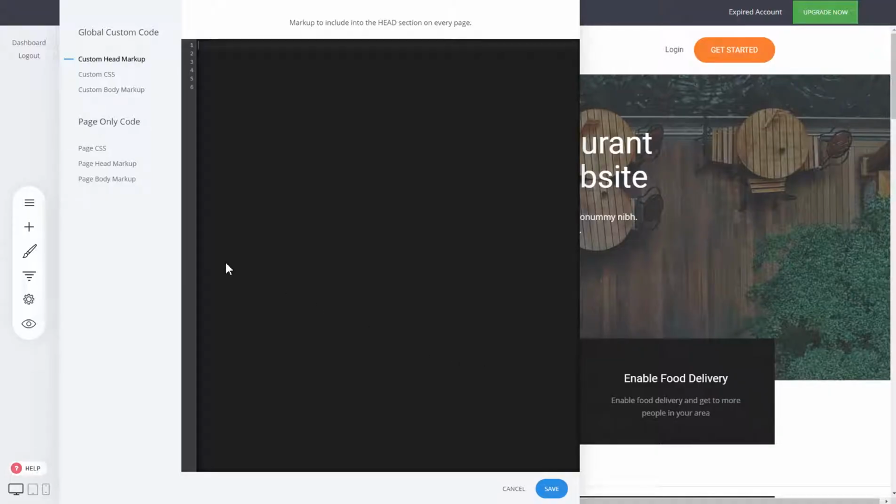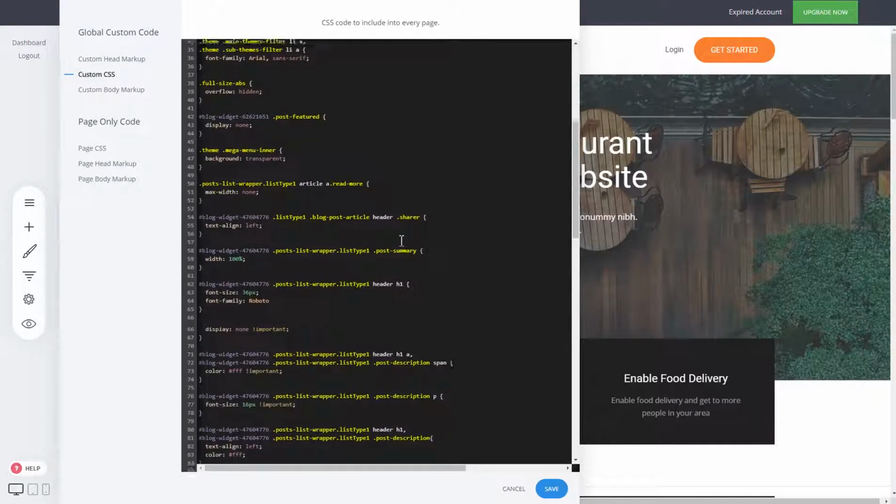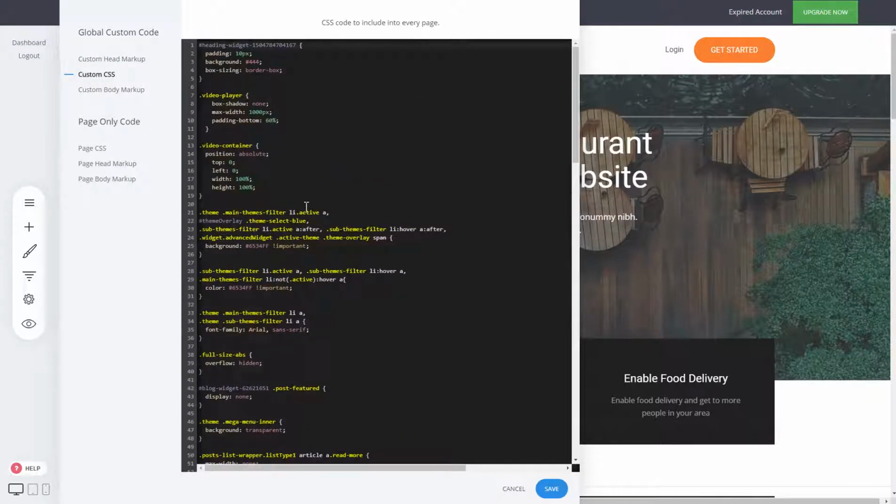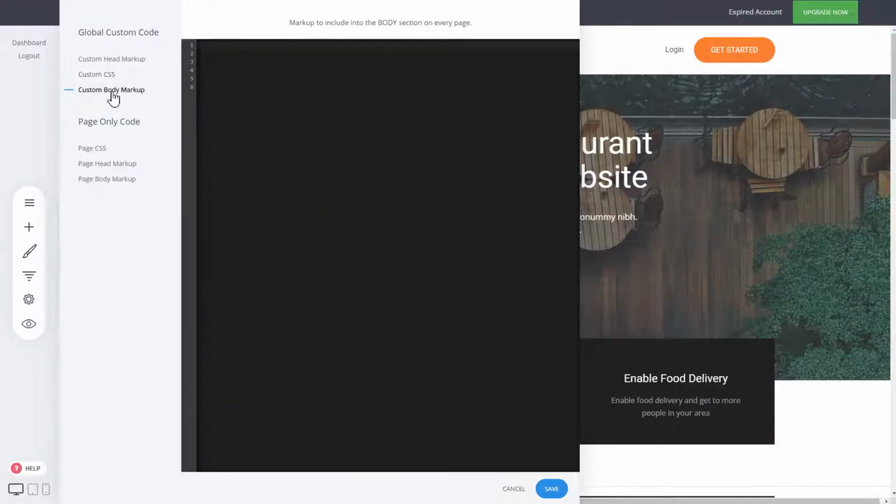You can add third-party applications such as live chat or whatever it is. You can add the code here and click on save, and that will load inside your website when you start previewing it. You can add different things such as custom CSS, as you can see here. Of course, this is more advanced if you want to do some lightweight modifications with CSS. And you can add body markup as well. So these are the options for adding custom code inside the website or inside the pages if it's page related,